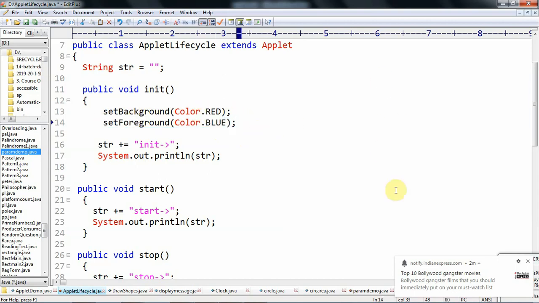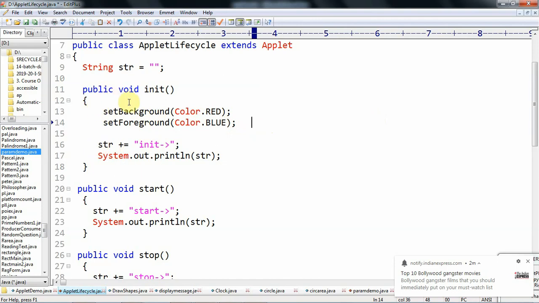For example, if we take this window, the background color of this window is white. If we type something, it is displayed in black color, and that color is referred to as the foreground color. So on the applet window we set those 2 colors, background color as red and foreground color as blue.